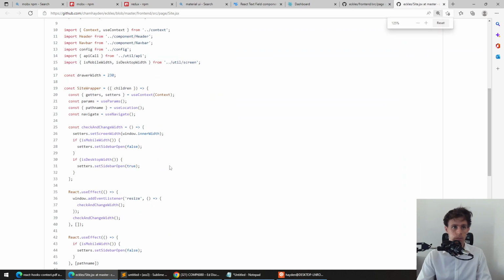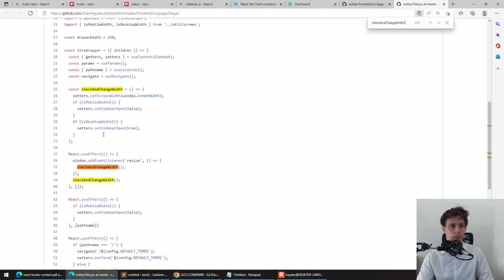Here you go. So there's a bit of code here. I have a function called check and change width, and all this does is, let's see where it's called. So you can see here that I used a useEffect on the whole, this is the main component at the top. I put an event listener on resize. So in the app resized,